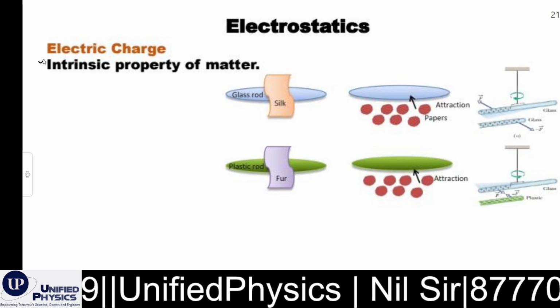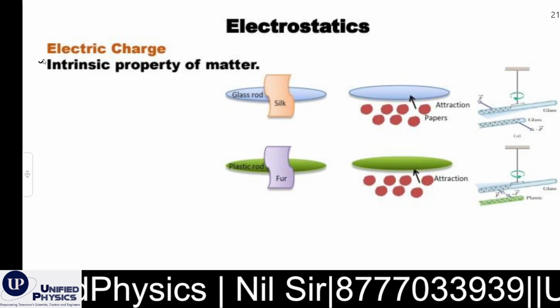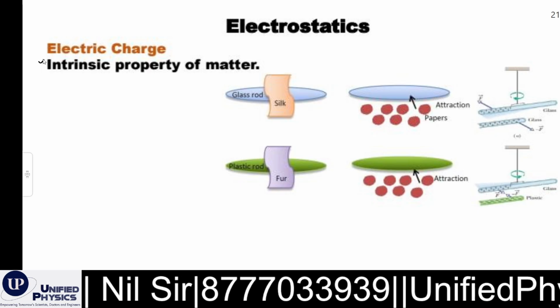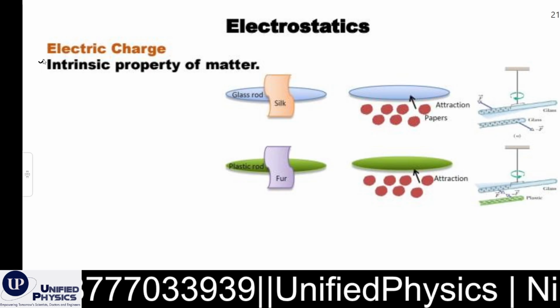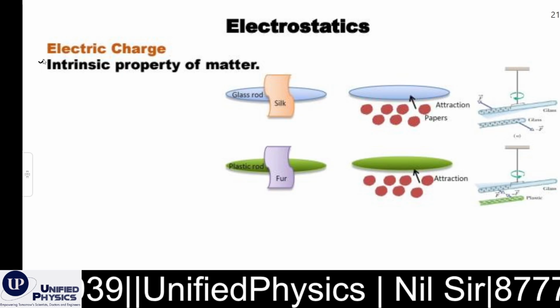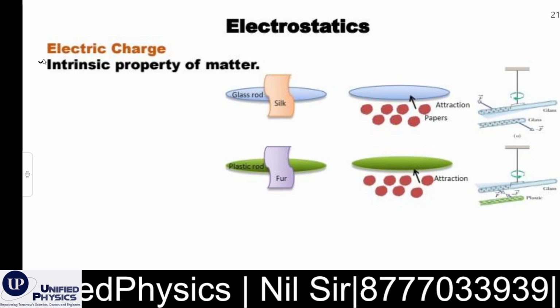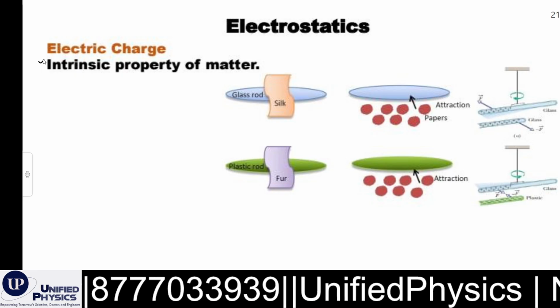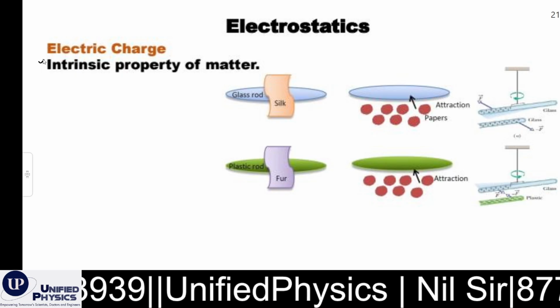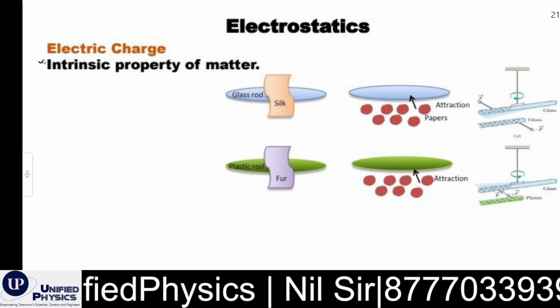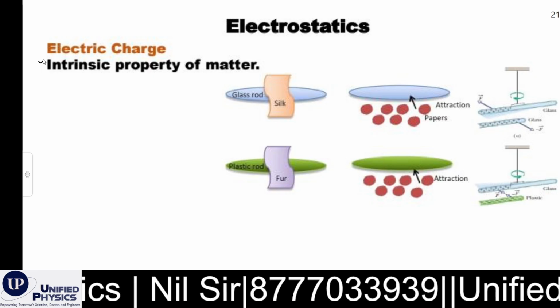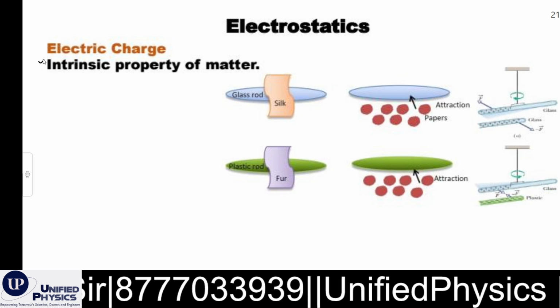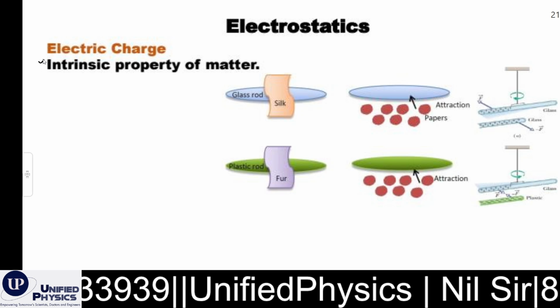But in case of charge, every particle does not contain charge. Some particular elementary particles only have this property. Okay, some elementary particles, for example, electron, for example, proton. These two constituent elements independently can possess this property. Okay,